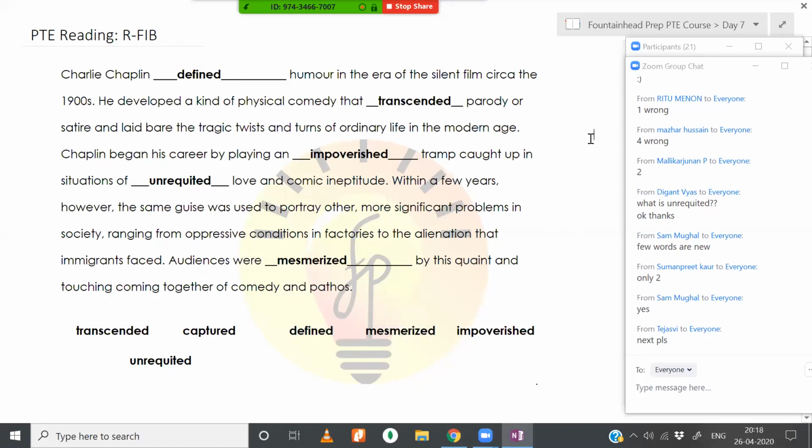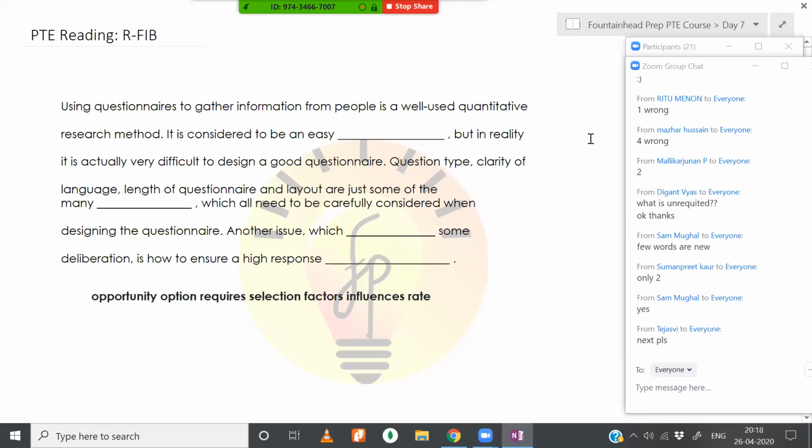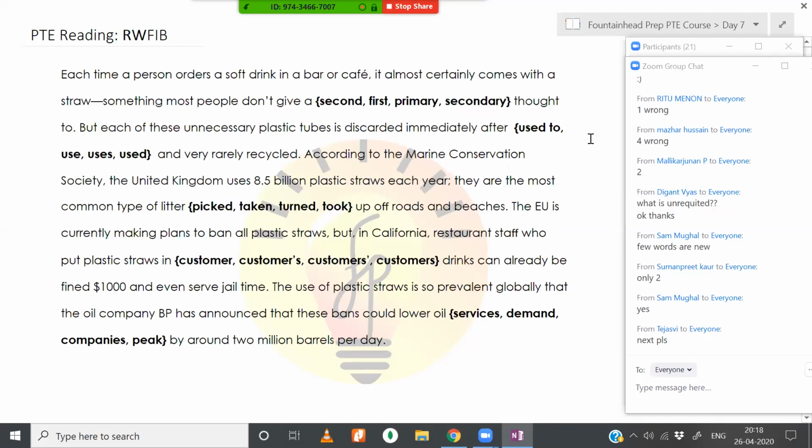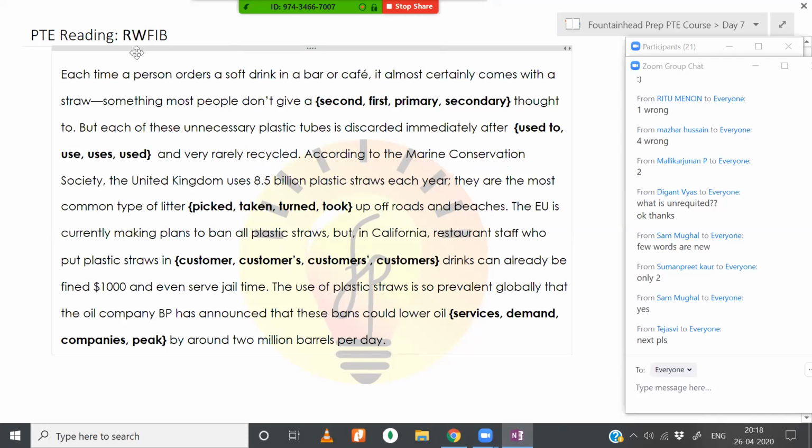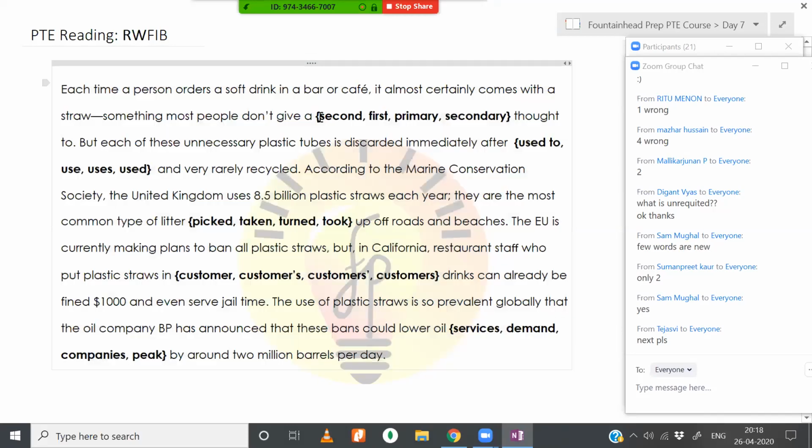All right, so let's look at the next question. So here we go. Instead of reading fill in the blanks, in the interest of time, we will go to a reading and writing fill in the blanks question. And then if we have time, we will come back to those questions. So this is a reading and writing fill in the blanks question, where for each blank there are 4 choices, and you have to choose the correct one.